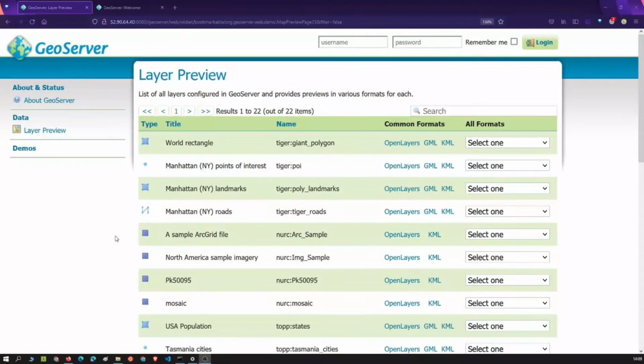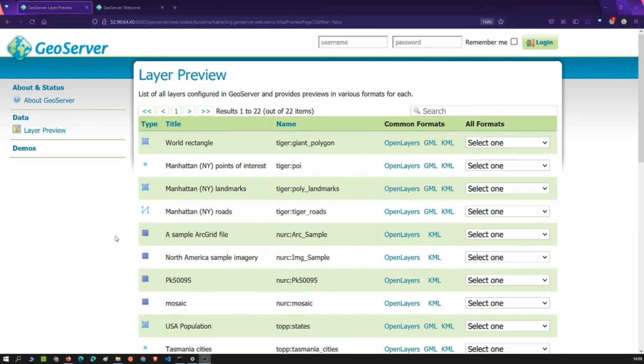When you open your GeoServer instance, one thing that you would notice is you're able to preview all your layers even without logging in. You might want to disable this so that no anonymous user can view your data and your data is private. Or probably even if the user has credentials to log in and you only want to preview a small part of it, that also is possible in GeoServer.